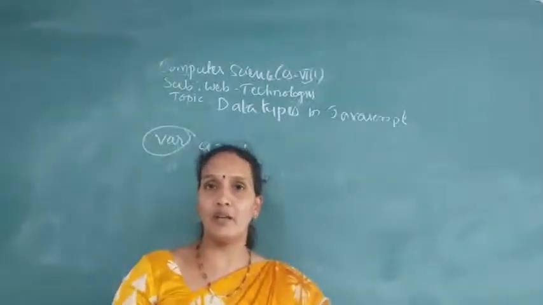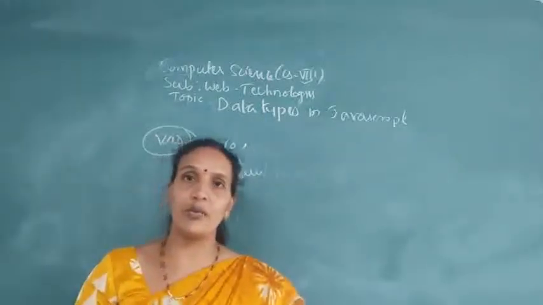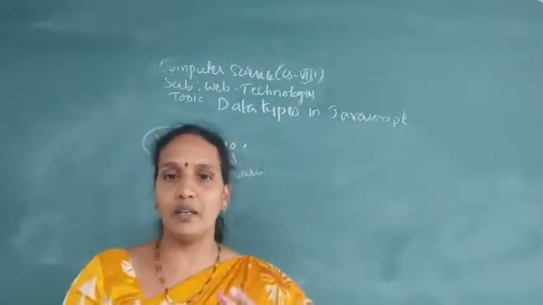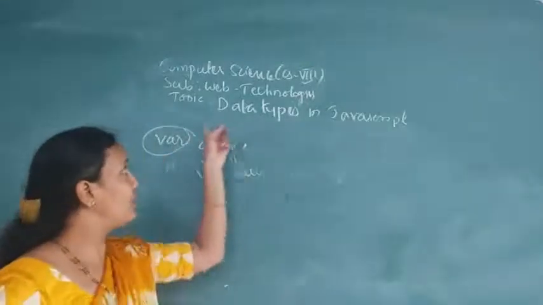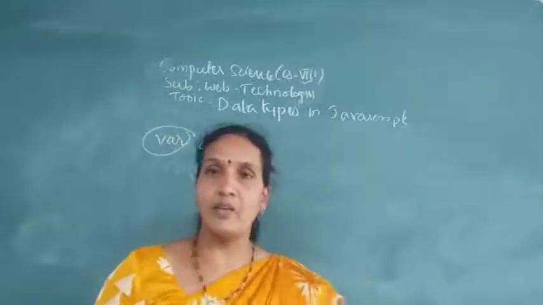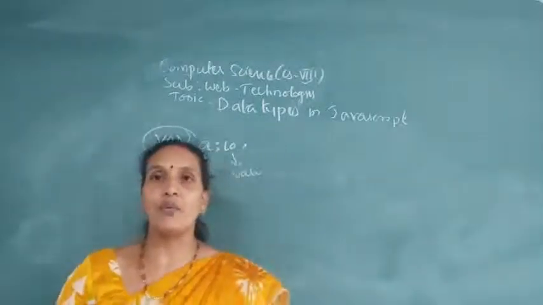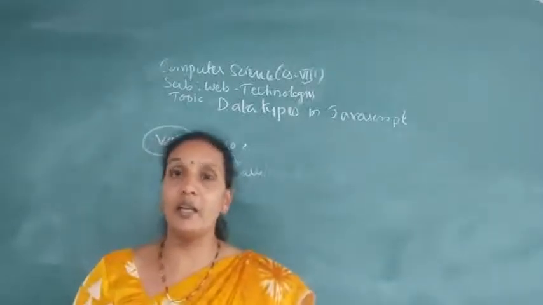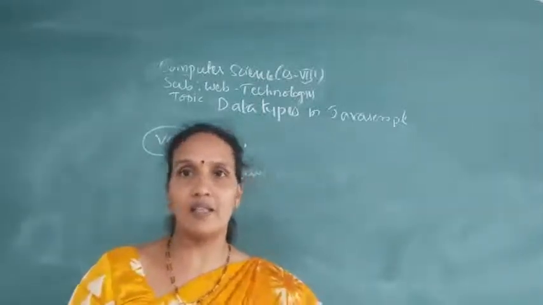But you will get a question: where are the data types, how do we give a data type to a variable? Here JavaScript will identify the data type of a variable based on the value you are storing in it. According to the value you are storing, JavaScript will give the data type to that variable. In the beginning we are not giving a data type, we are just declaring a variable.